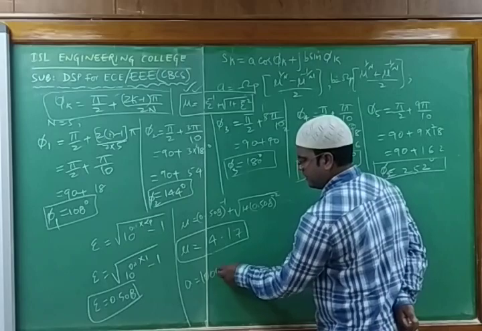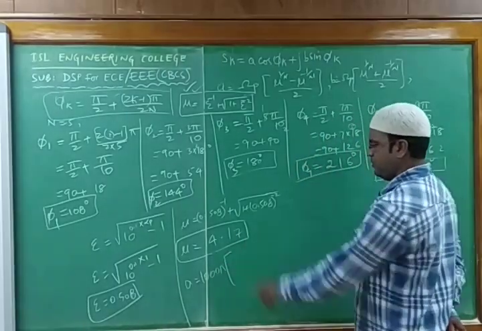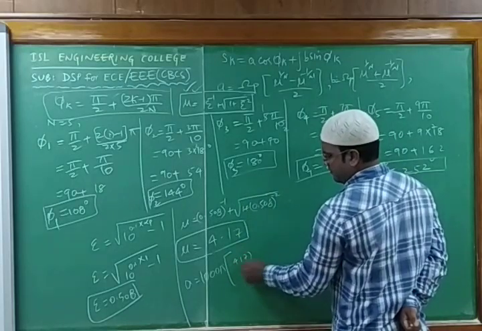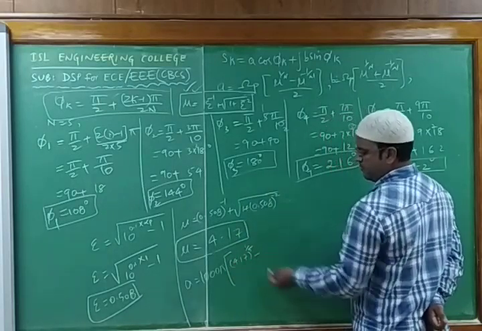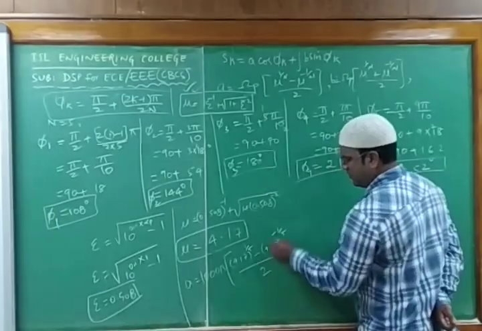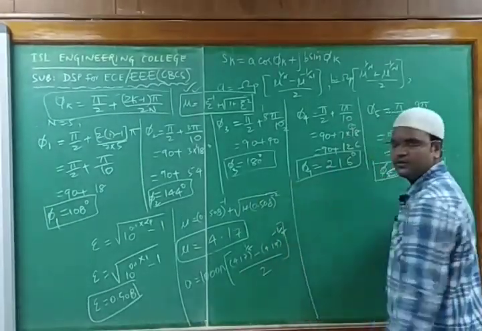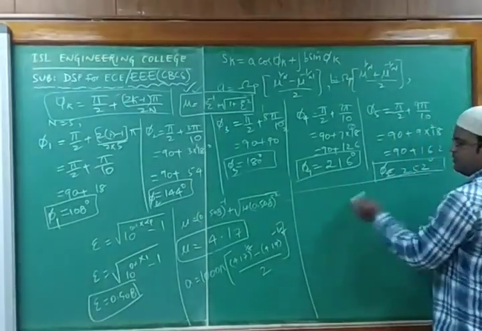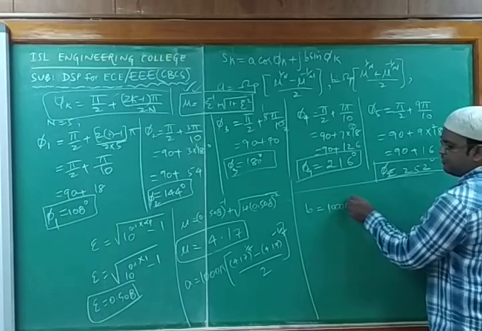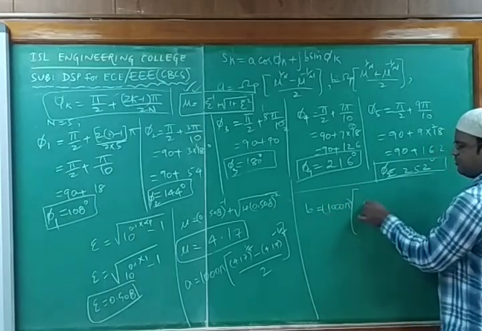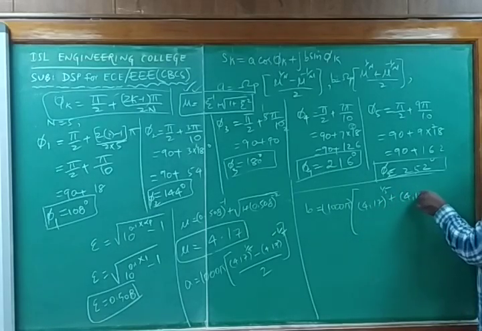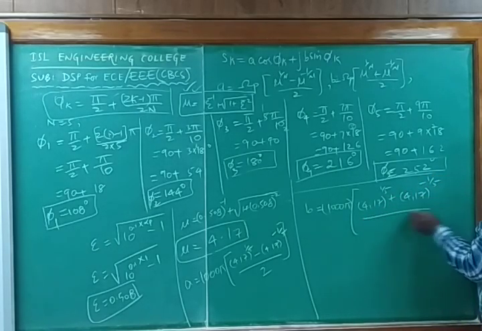These are the values given in the question. 1000 pi into mu to the power 1 by n. So 4.17 power 1 by 5 minus 4.17 power minus 1 by 5, divided by 2. This is to get the value of A. And to get B, what we'll do? B is 1000 pi, and instead of minus, here we'll do the plus. That's it: 4.17 power 1 by 5 plus 4.17 power minus 1 by 5, divided by 2.